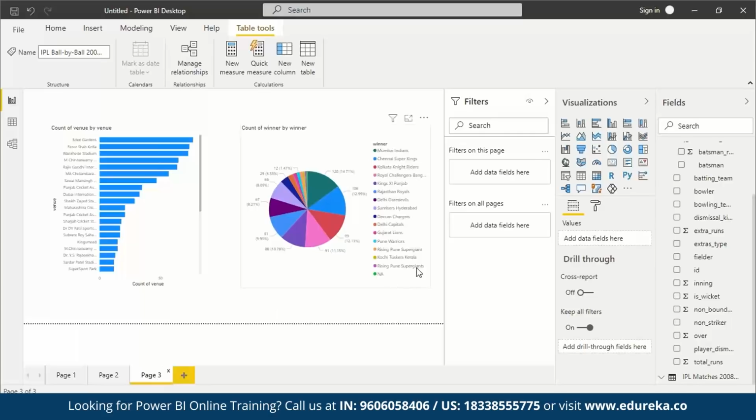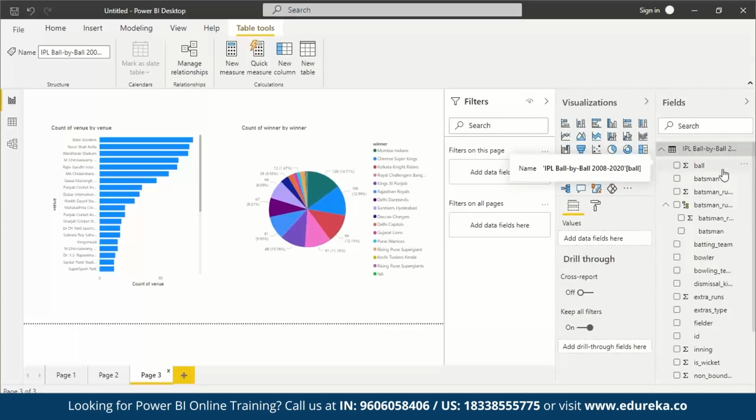I have created a bar stack. I've made use of a bar chart. I've made use of a column chart. I've just made use of a donut chart. And then also I've made use of a pie chart. I've also made use of the basic fields, that is the batsman, bowler, the venues, and the winners who have won the number of matches, and things like that, the venue also. So this is really basic, but I hope this helps you to give a kickstart to your IPL data visualization and you really get to play along with it more.